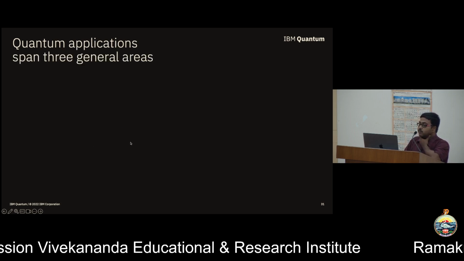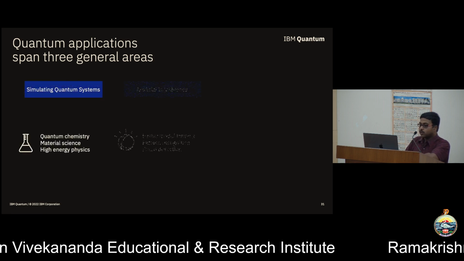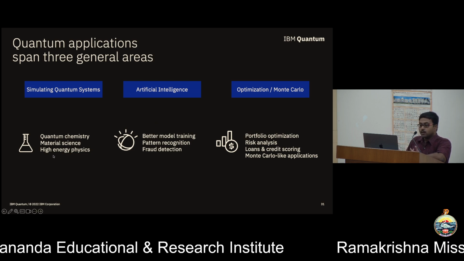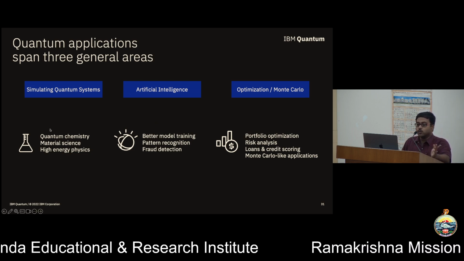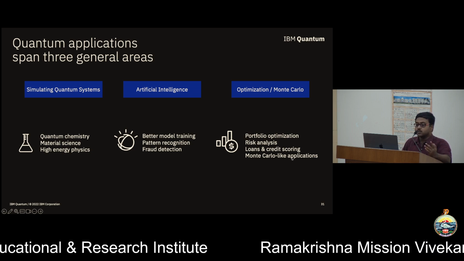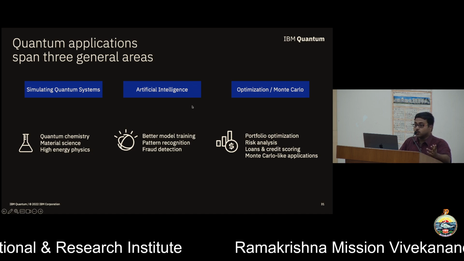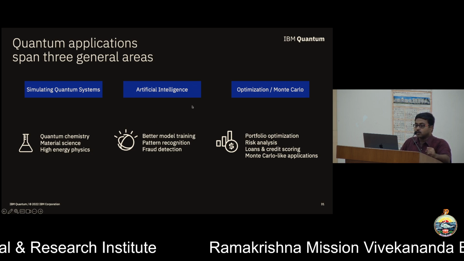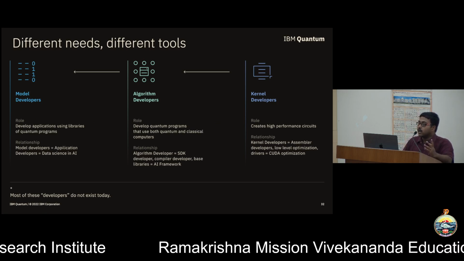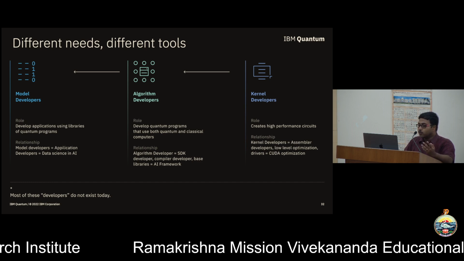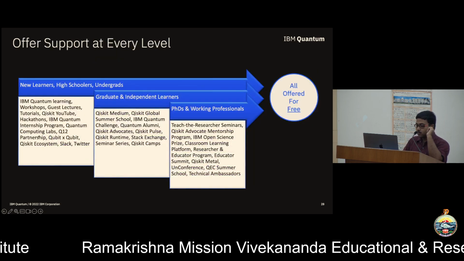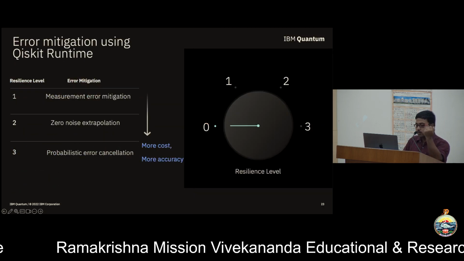Now, there are different areas, which is something I was talking about. And anything that actually interests you, you can go ahead and start working. Those of you who are from physics or chemistry, you can look into this kind of thing, simulating systems. Computer science, you can go to this type of optimizations, artificial intelligence. There are so many studies going on in these things. And if you feel like, okay, how can I get started? How can I maybe join IBM or any other companies? What are the steps that we want to take next? So let's say a few things here, just to end with how you can start contributing.